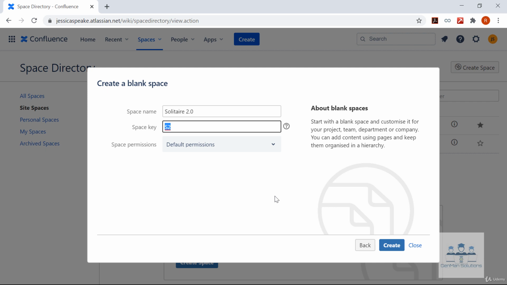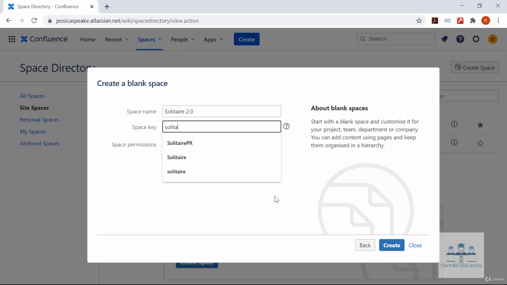I will show you the URL once this space is created and how the space key is used in the URL. Since this space key will be used to identify your space, it is recommended that you make it a word or a name to associate with your project. Please note, space keys may only consist of ASCII letters or numbers, like alphabets from A to Z, uppercase, lowercase, or numbers from 0 to 9.